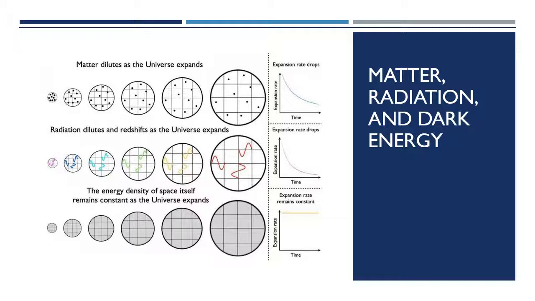And here, on the right side, or the middle of this particular slide, is how the expansion rate is impacted by the decreasing density of matter. And you see the expansion rate is influenced a lot by it at first, but it gradually decays. And then the influence of radiation is similar. But the interesting thing is what effect does the cosmological constant have on the expansion rate? And it would be constant.